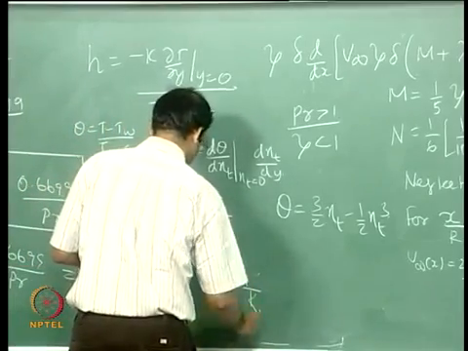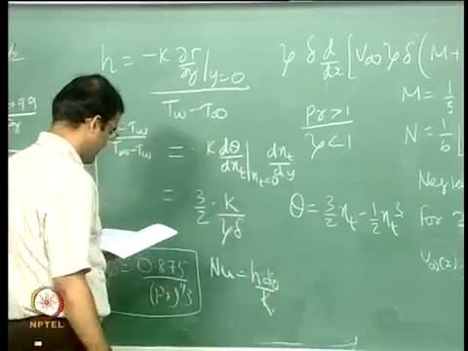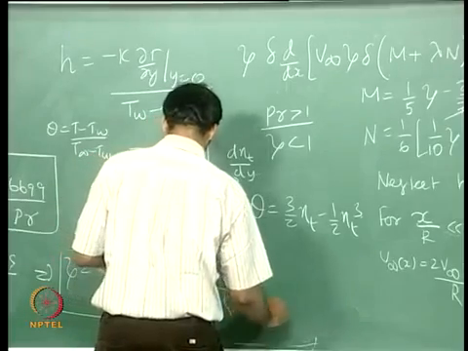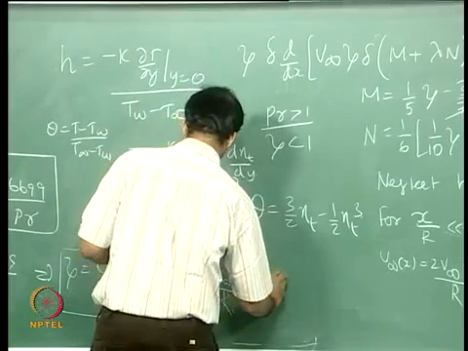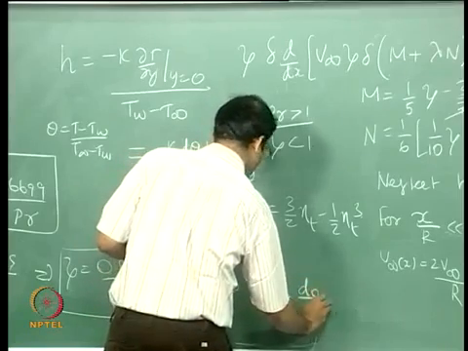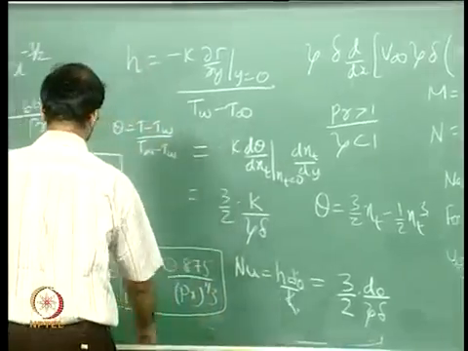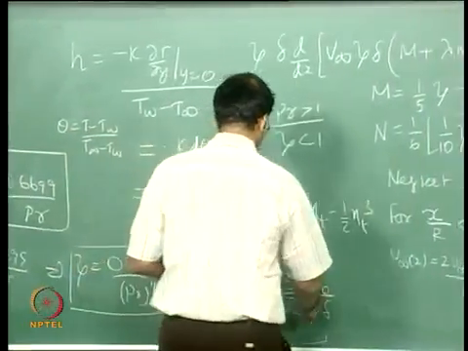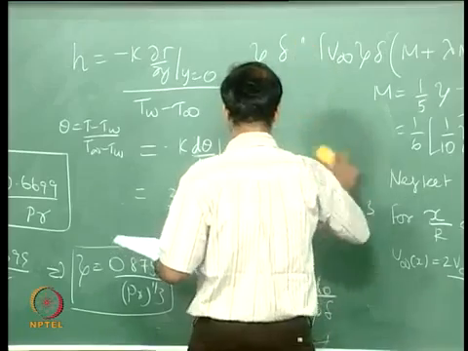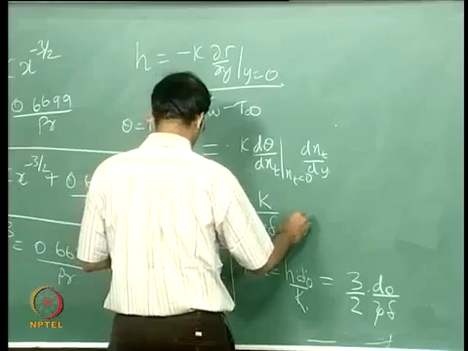So this will be h into d naught. This is the diameter of the cylinder. Okay, so this will be nothing but 3 by 2 into d naught divided by zeta into delta. So I can substitute my expression for zeta into this, okay, and I can directly simplify to get my Nusselt number expression. So my expression for h would turn out to be